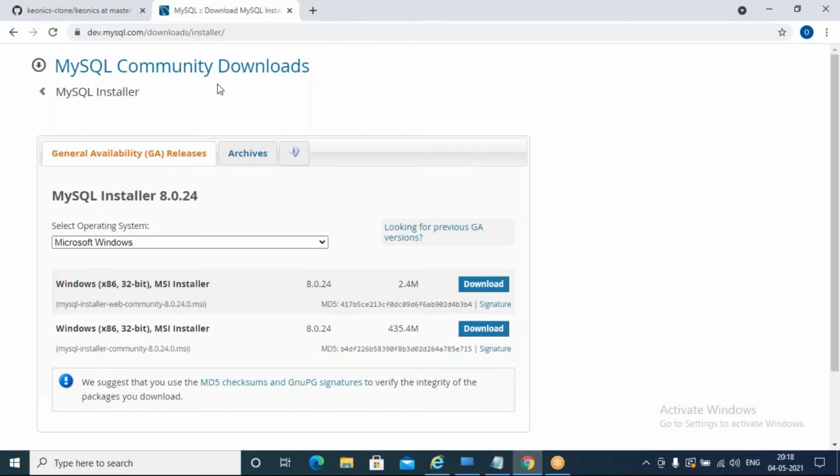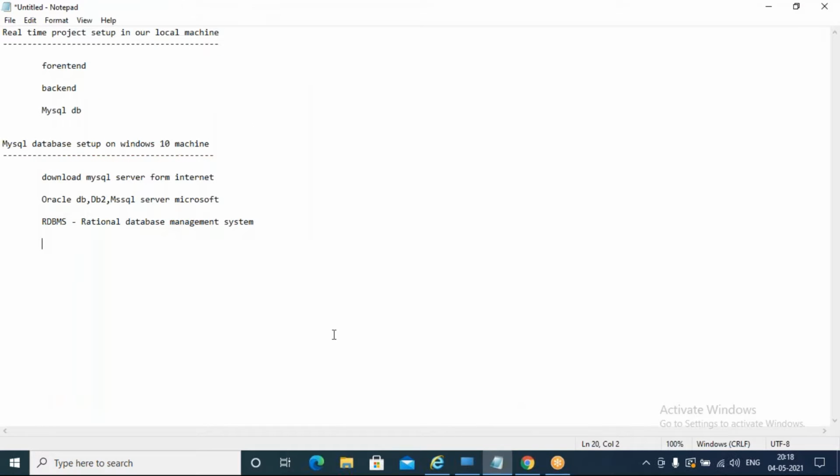If you want to have some GUI to interact with your database, then you need third-party tools like Toad, MySQL Workbench, or phpMyAdmin.